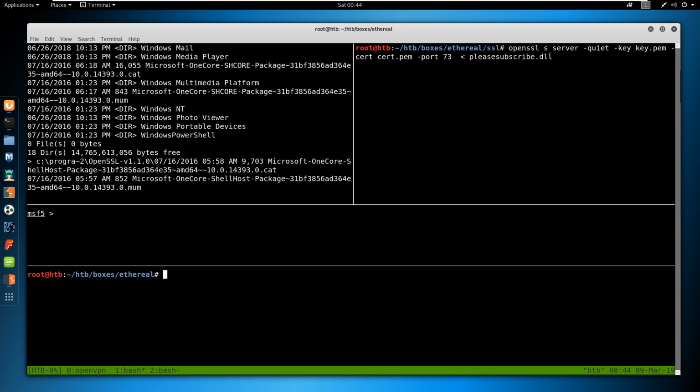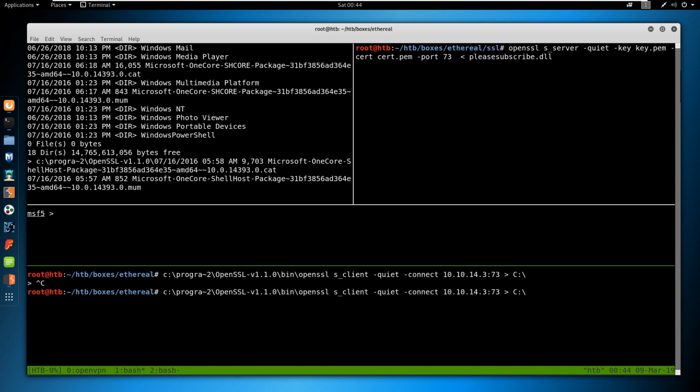So we'll do c:\progra2 OpenSSL bin, OpenSSL s_client quiet connect 10.10.14.3 port 73, and we'll direct this to C:\Windows servicing packages